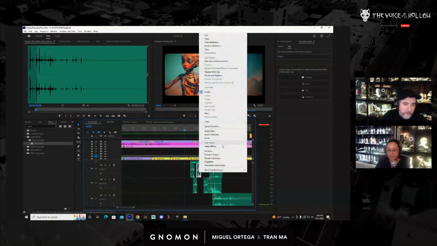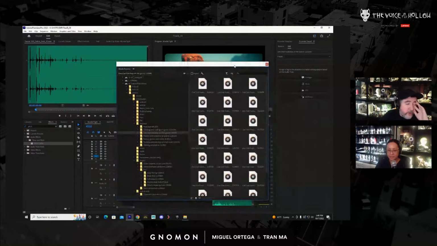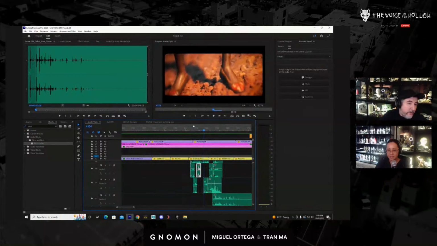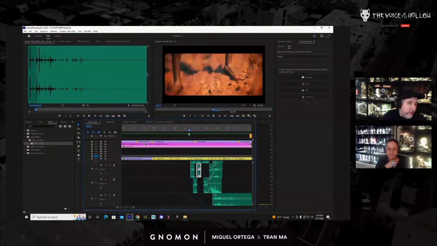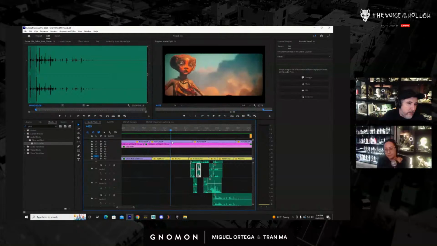So let's just right click on this and go to our footsteps here. We'll go to our one-shot folder. I love these because it's just individual footsteps, so you can really get it exactly where you want. I don't just want the footsteps to be here. This was an important part because it's a close-up of the footsteps, but you kind of want them here also. So probably grab some of these guys.